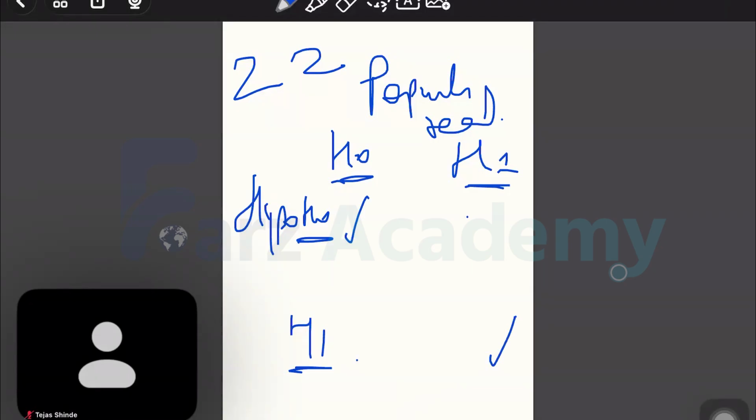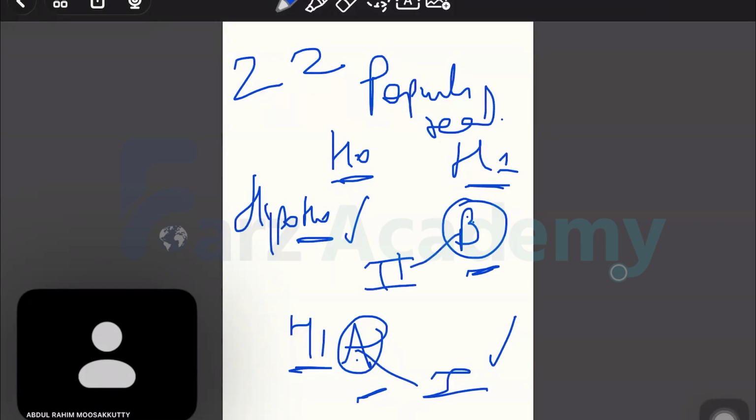Now what about these two? Can anyone tell which box here is a type 1 error and which is a type 2 error? So this is A, suppose, and this is B. Tell me which is type 1 error, A or B? Quick. We spent a lot of time in the last class on this. Null hypothesis being true is type 1 error. Tell me A or B? It will be A, ma'am. A, very good. So this will be type 1 error, this will be type 2 error, right?